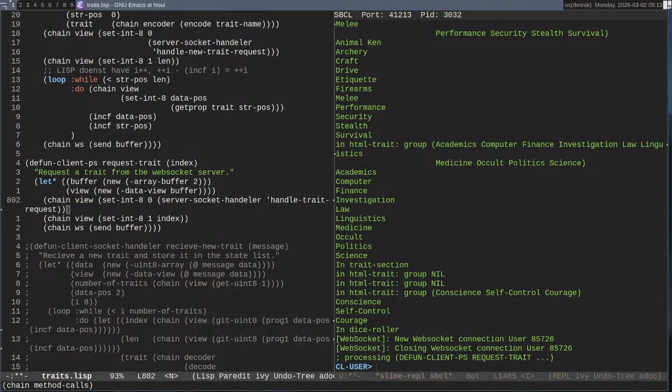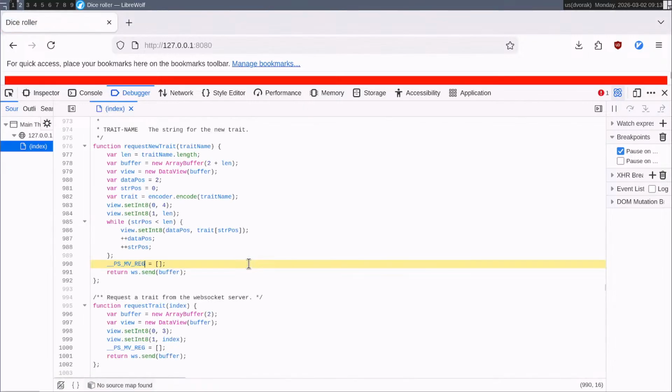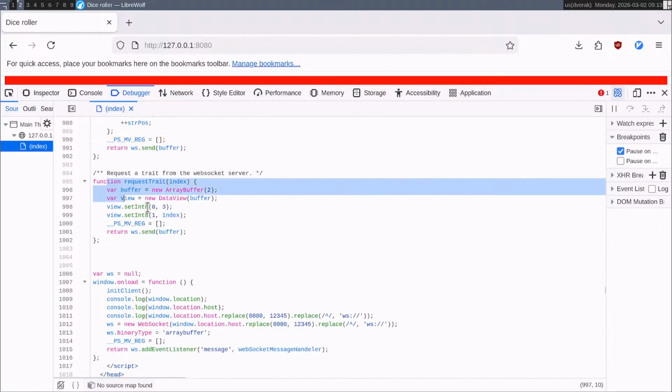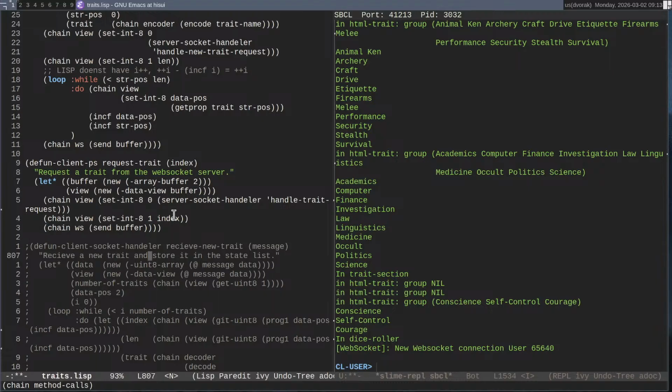I'm calling a different trait handler, handle trait request, as opposed to handle new trait request. We're just sending it that number, and that's it. So that looks like this. And you can see it's sending it the number 3 as the magical code. So that's nice.